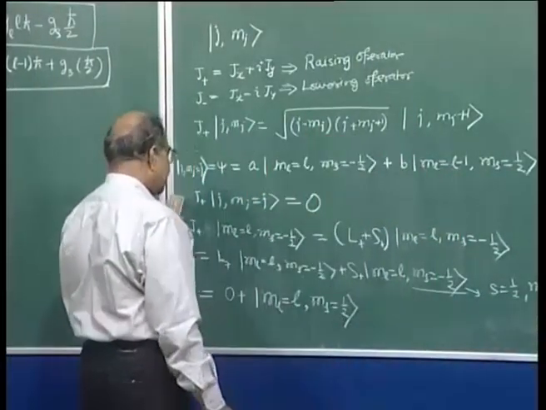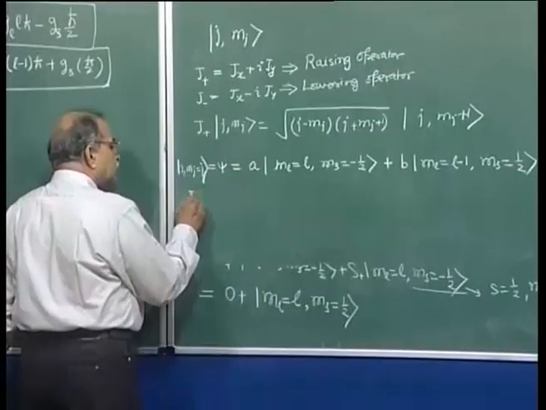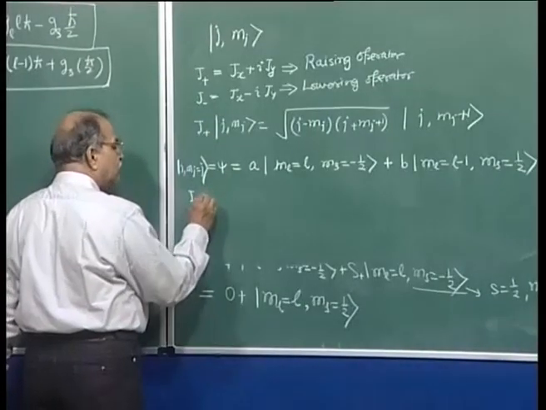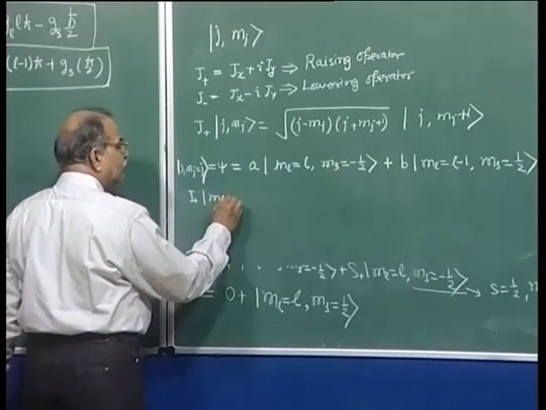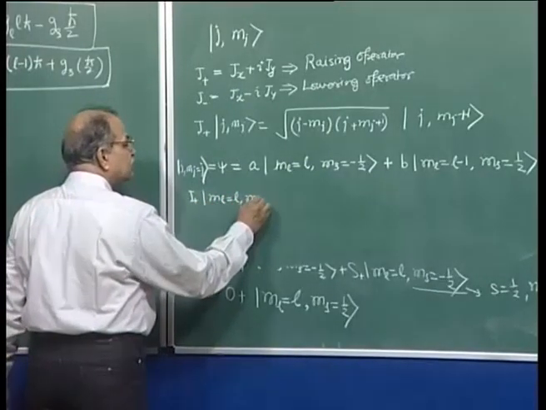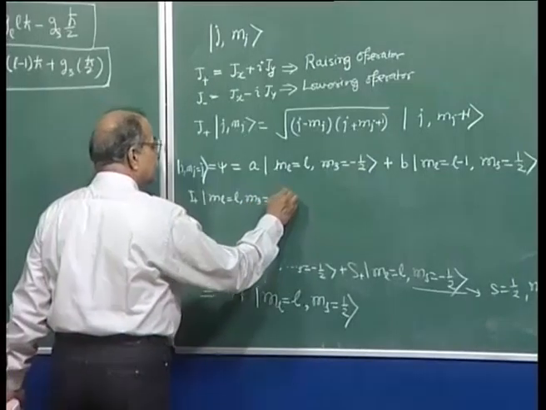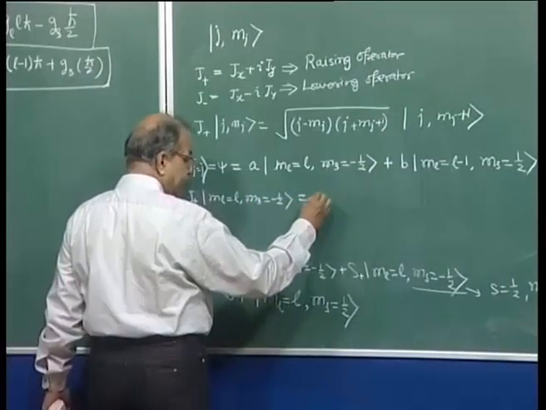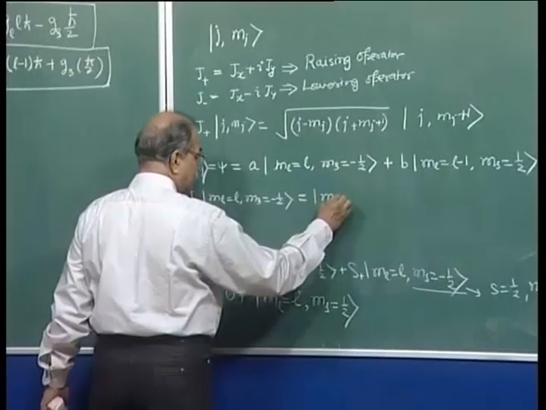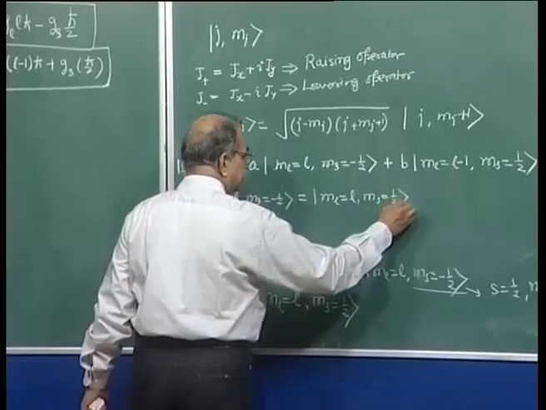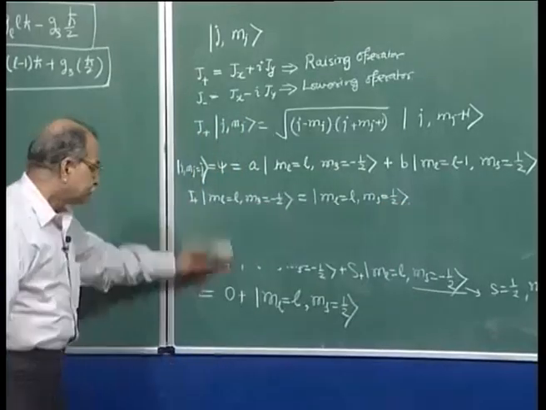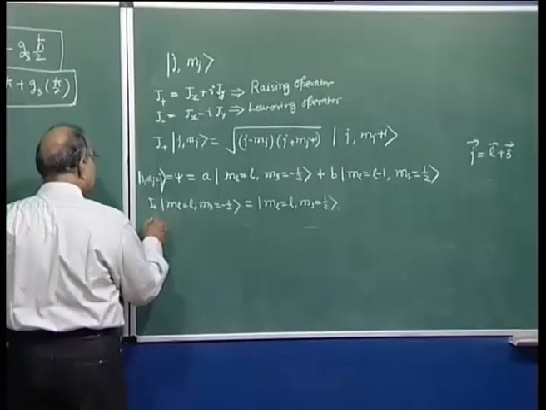This I can now write: J plus operating on ML equal to L, MS equal to minus half. This I have done, and what I get is ML equal to L and MS equal to plus half, right. Next, J plus operating on